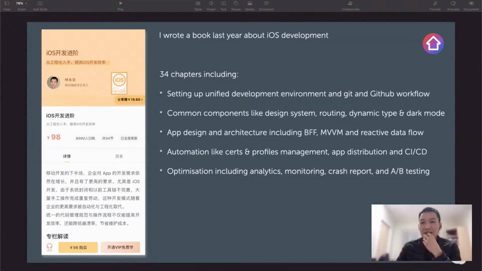About a year ago, I got a request from a publisher asking me to write a book. This lockdown, we had time to have fun, so I decided to write a book, and it took me 9 months. The book includes 34 chapters, including how to build up a unified development environment and how to have